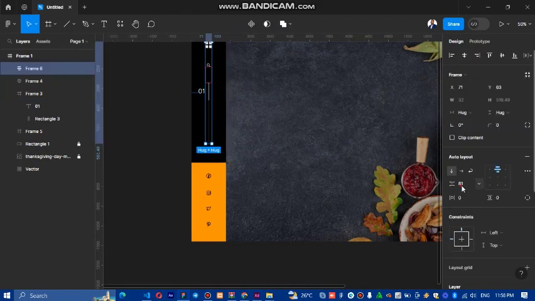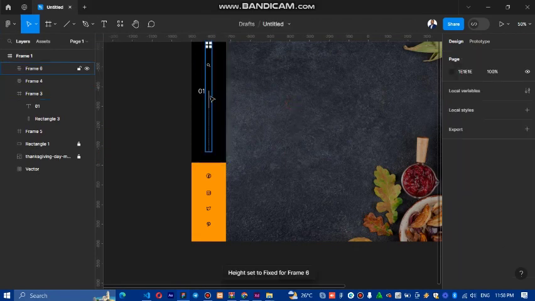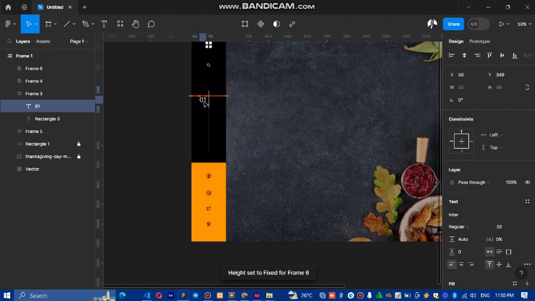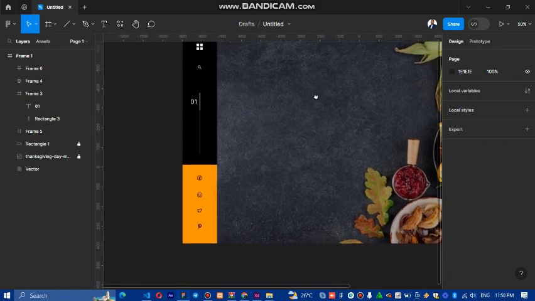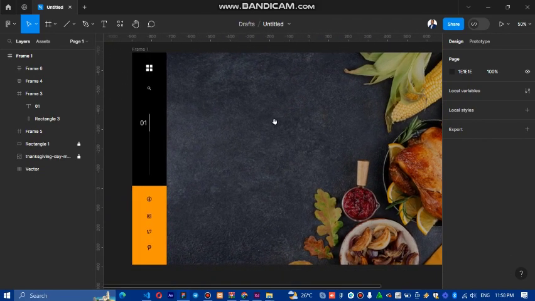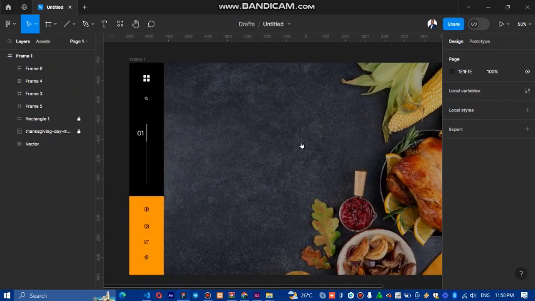Yep, so we are done with this particular point. I also want to increase the space in our auto layout, so we have more space. So we can bring this guy here like this. All right, so we are done with the sidebar, and I think our design is looking cool. So let's quickly work on